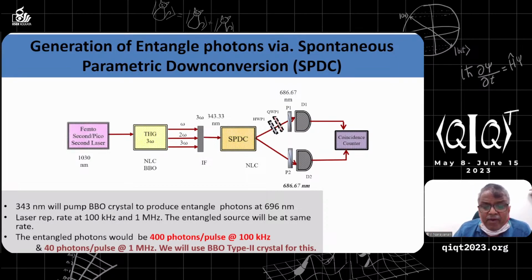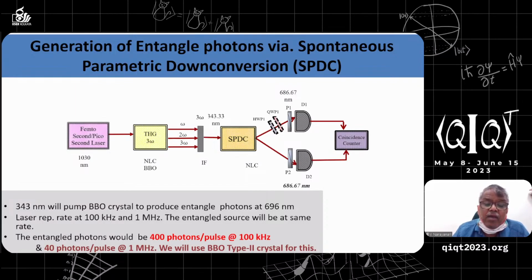Okay, so we have developed here a couple of TDCs from commercially available electronic circuits. One typically produces like 400, you can see here at the bottom. The femtosecond laser can be operated at different repetition rates. That means you can operate at, per second, like 100 kilohertz or 1 megahertz. So that means the UV photons will be produced at this rate, and per pulse, per individual optical pulse, you